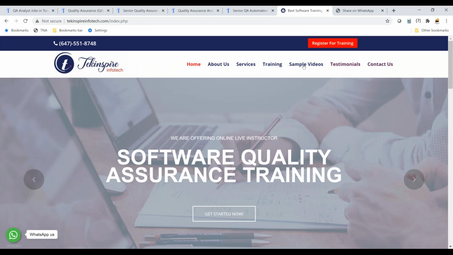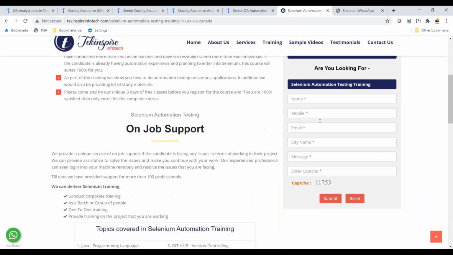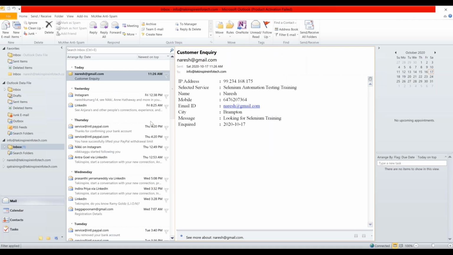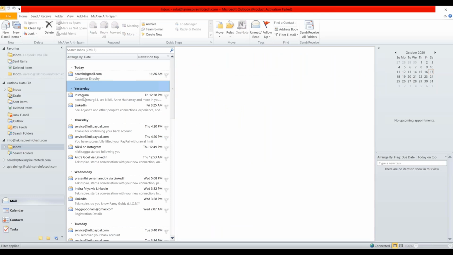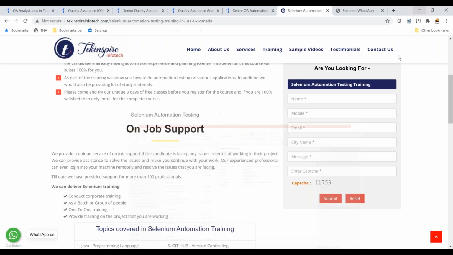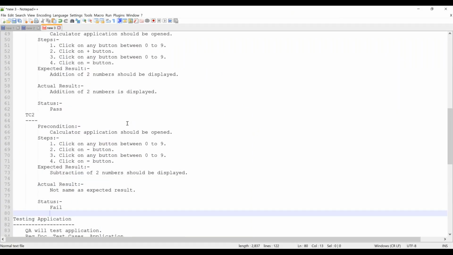If I have to do automation testing, I'll go to that place and capture all the steps in the automation tool, click on submit, and verify whether the email went to this mailbox or not. That is the automation testing that we will do in future also. Clear? Any questions in this?